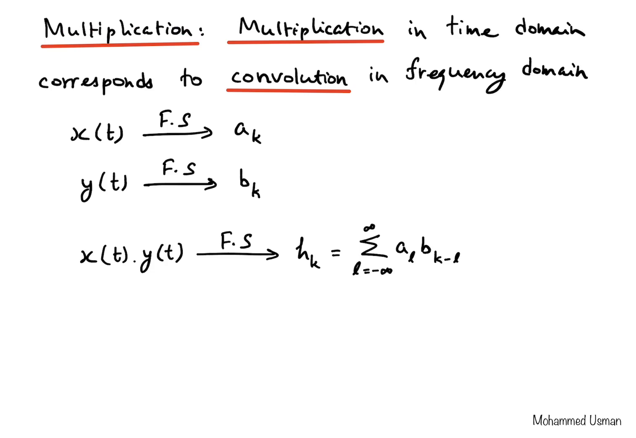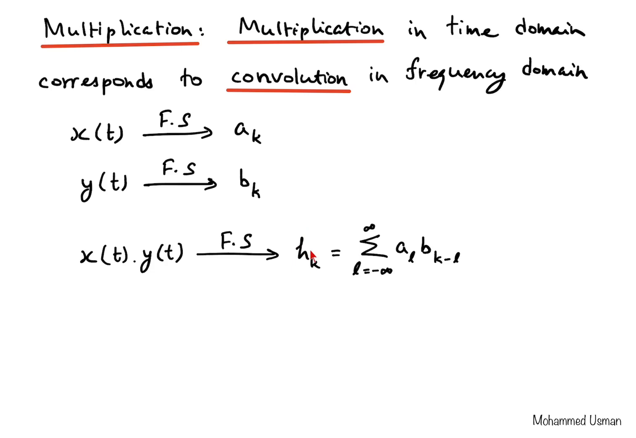The next property is of multiplication. So what happens if we have two signals x of t and y of t in the time domain with corresponding Fourier series coefficients ak and bk? What would be the Fourier series coefficients of the product of these two signals? So if we multiply x of t and y of t and produce a new signal, which we can call z of t, which has Fourier series coefficients hk, then